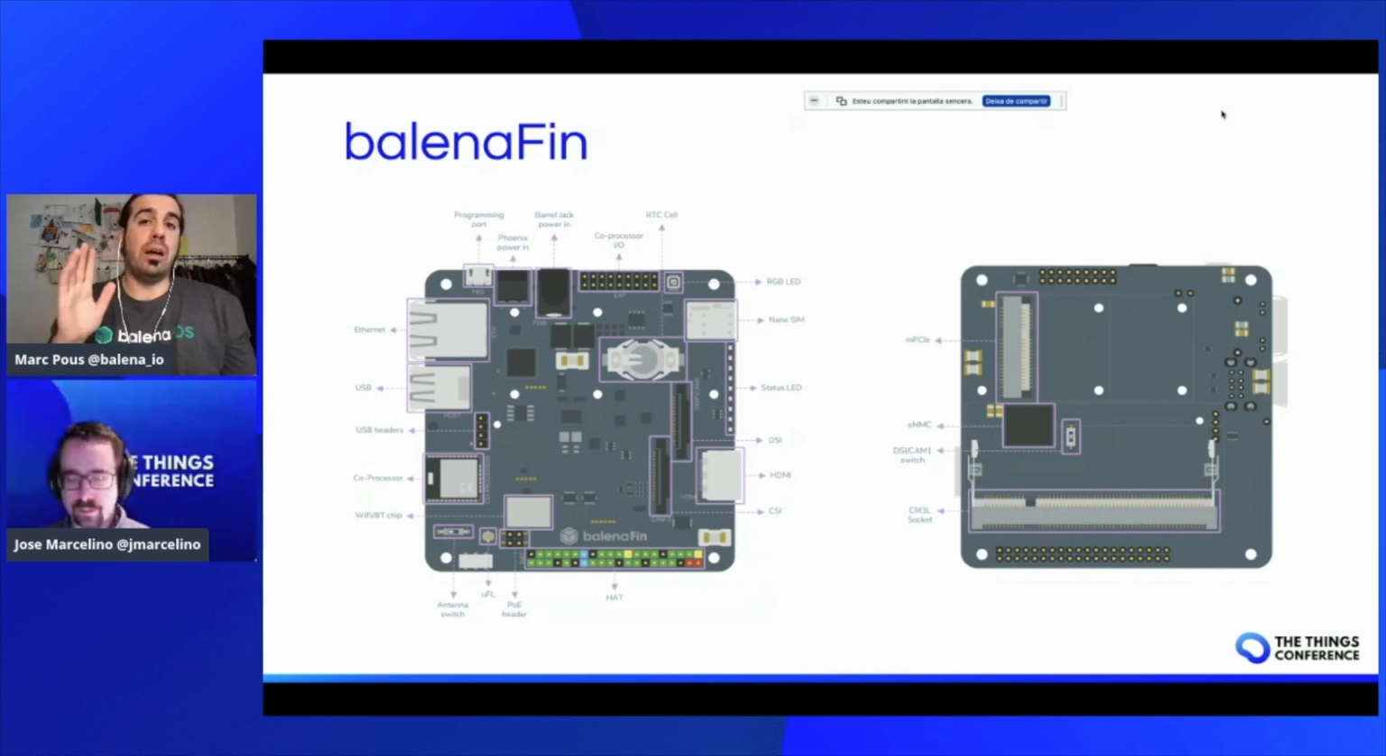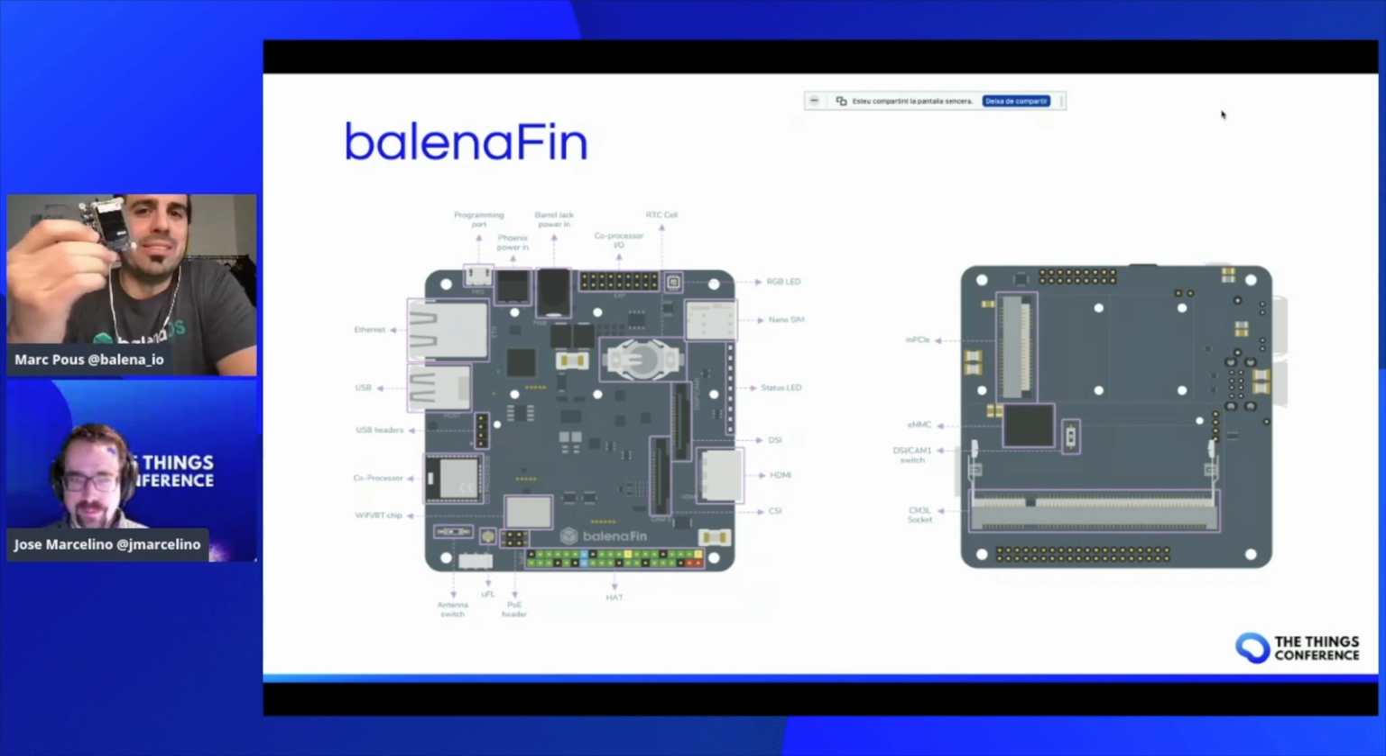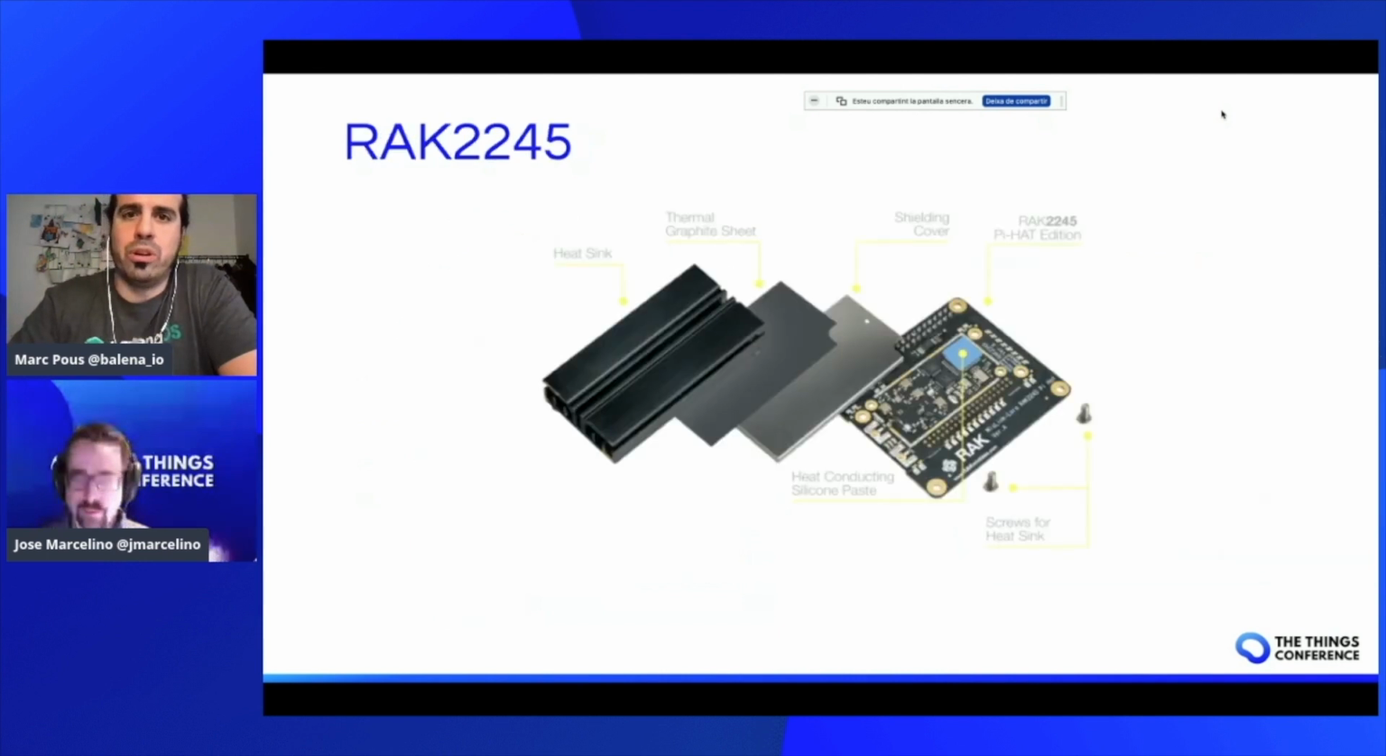No worries if you don't have a Balena Fin with you right now, that's not a problem. This workshop is compatible with the Raspberry Pi 3 and Raspberry Pi 4. So if at home you have a Raspberry Pi 3, Raspberry Pi 4, the RAK 2245 or the RAK 2287, I have the whole collection, you can follow this workshop step by step. But Jose, before getting into the workshop, would you like to explain a little bit more about the RAK 2245